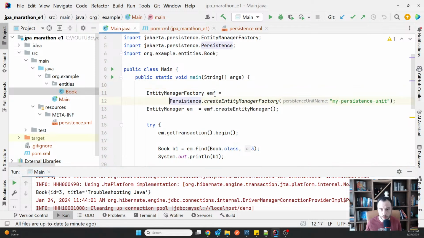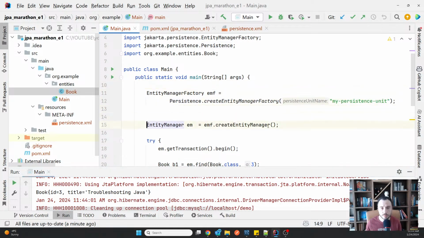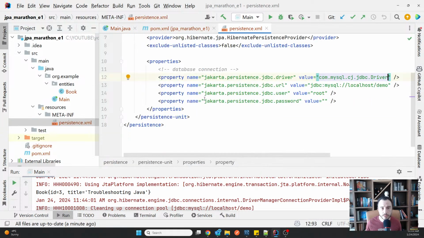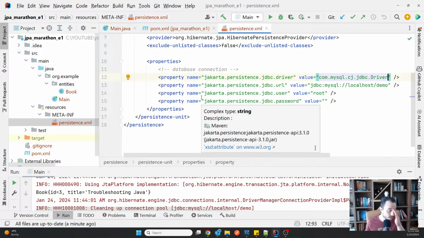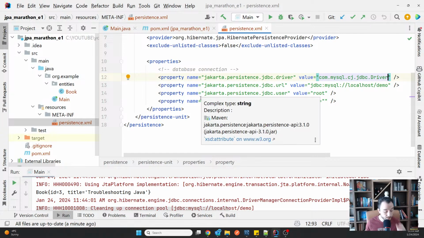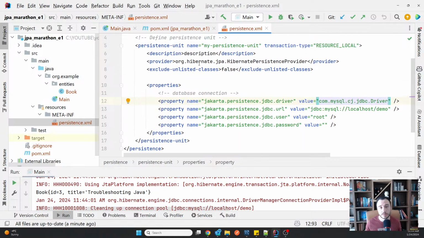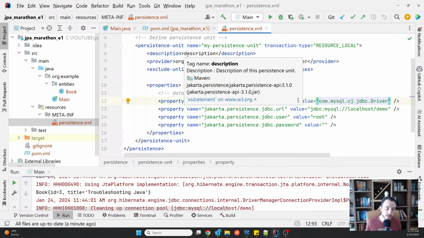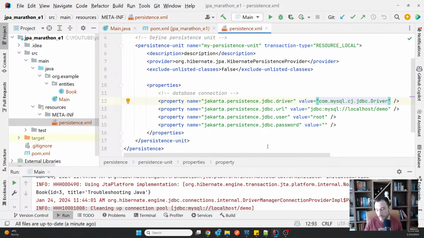I would like to now change my example so that instead of using a descriptive way for getting the entity manager factory, the persistence unit basically, because the persistence unit is how we name the set of configurations that define an entity manager factory, I want to create it programmatically.